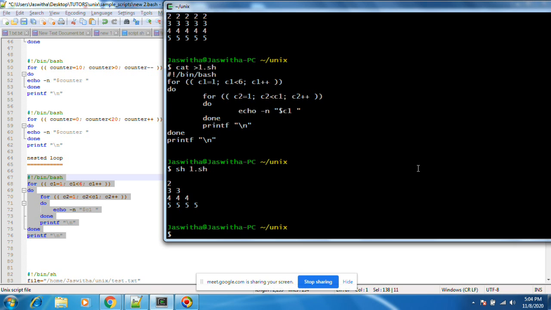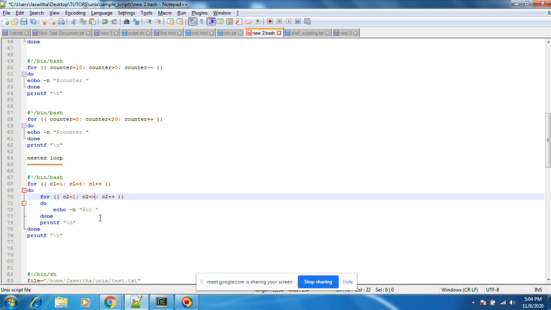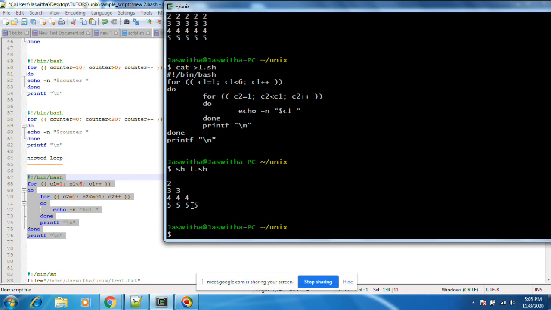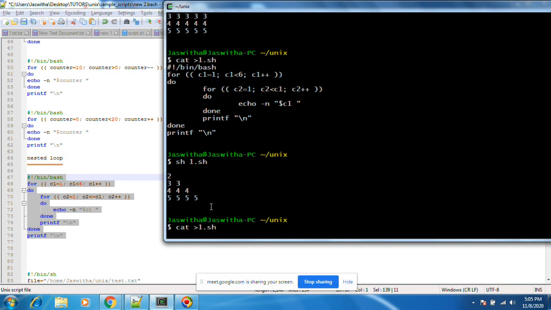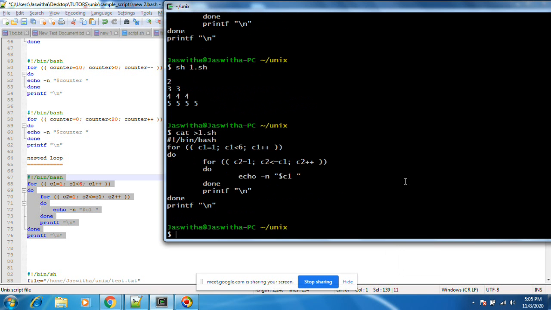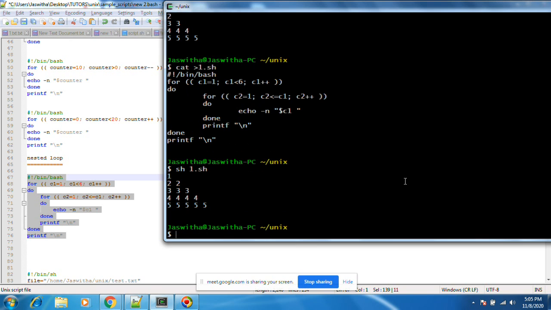See, it is coming like this. 2, 2, 3, 3, 4, 4, 5. I can keep equal to, better. Then it will print 1 also. This is some typical one. If you understand this, then when you enter computer logic, you can understand. You see 1, 2, 2, 3, 3, 3, 4, 4, 4, 4, 5, 5, 5, 5, 5.